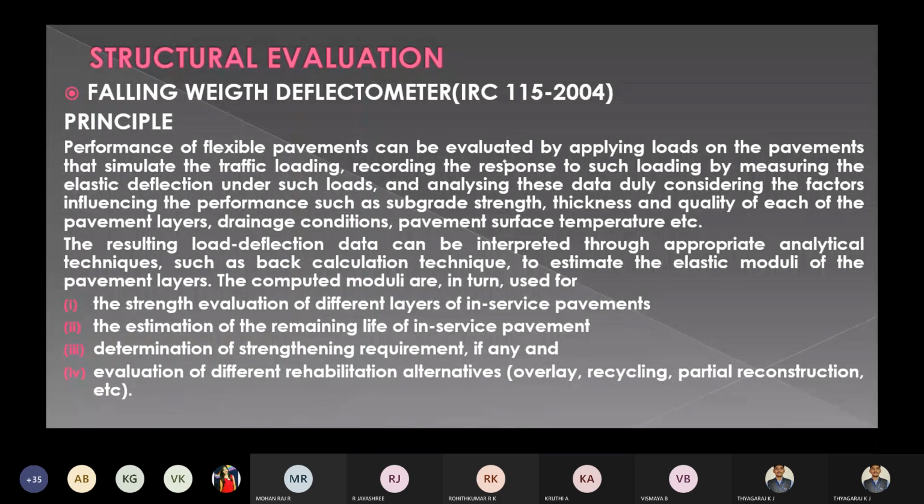The performance of a flexible pavement can be evaluated by applying loads on the pavement, whether a static load or a dynamic load, that simulates the traffic loading, recording the responses and deformation under such loading. Whenever you apply the load on the pavement, it will undergo deformation.